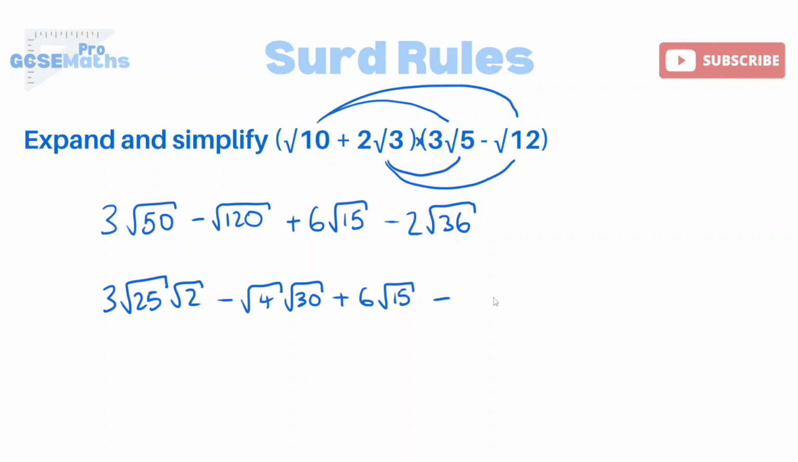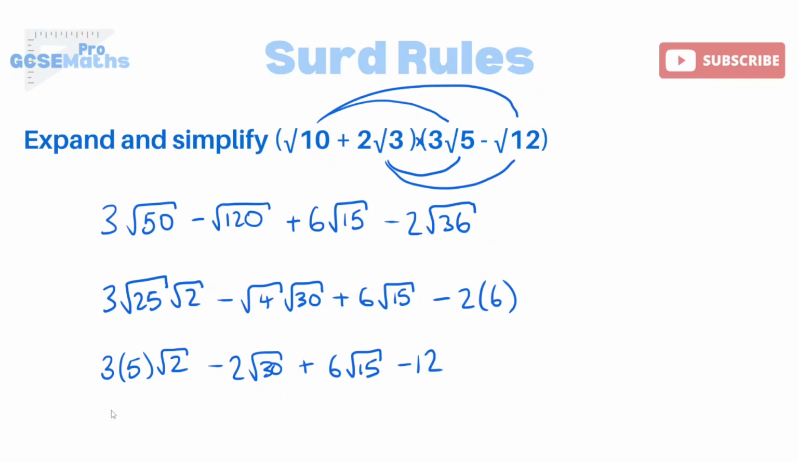And then, again, you get stuck in this trap of going, oh, what square number goes into 36? But actually, just really remember, 36 itself is a square number. So that one I'm just going to directly square root. That becomes 6. Square root the 25, which is 5. Those are all multiplied together. Root 2 is just left over. Square root the 4, which is 2. Root 30, we can't simplify any further. Plus 6 root 15, again, can't simplify that any further. And then minus 2 times 6 is 12. Then we're going to do 3 times 5, which is 15, root 2, minus 2 root 30, plus 6 root